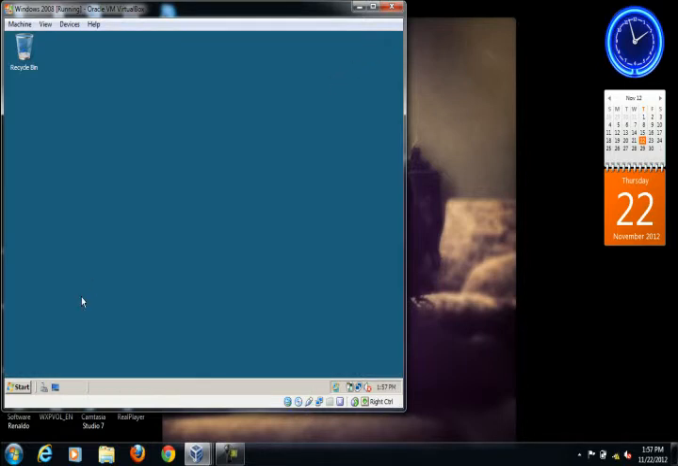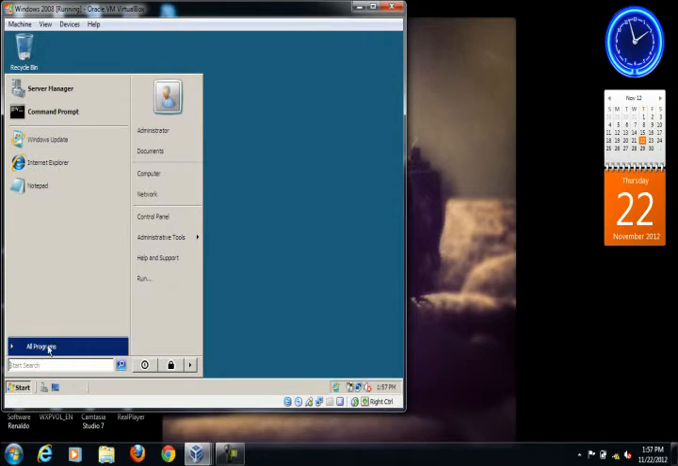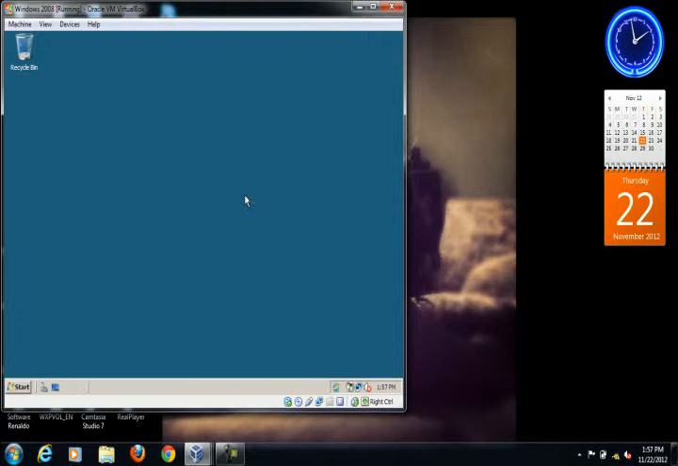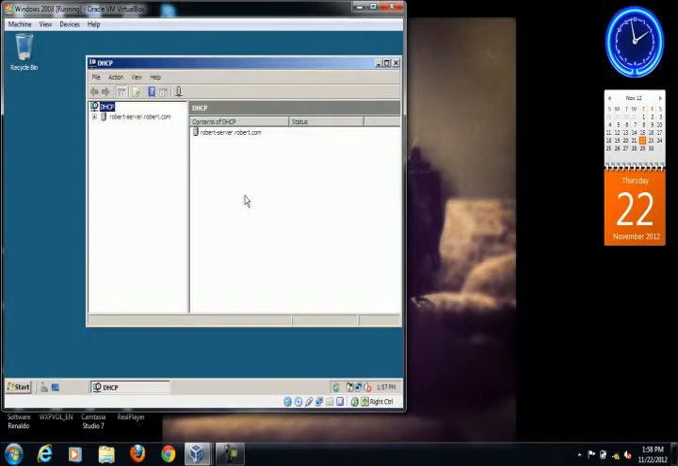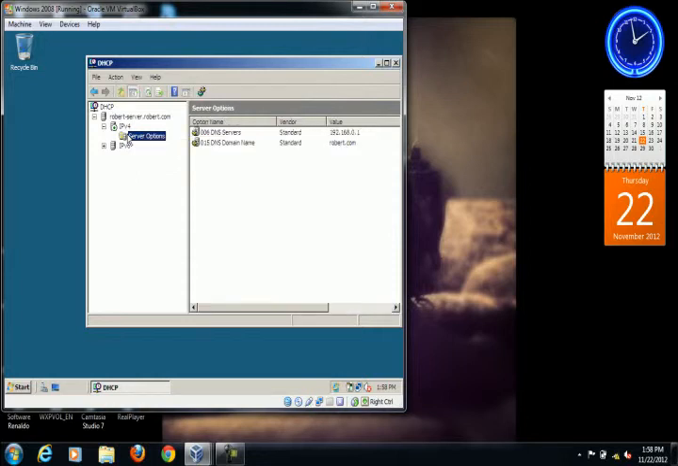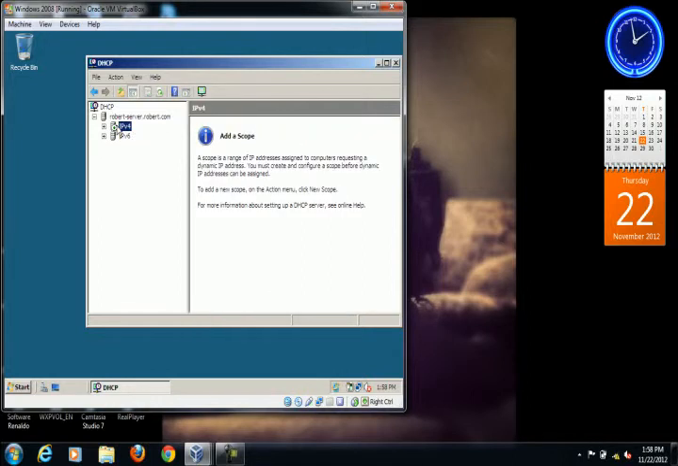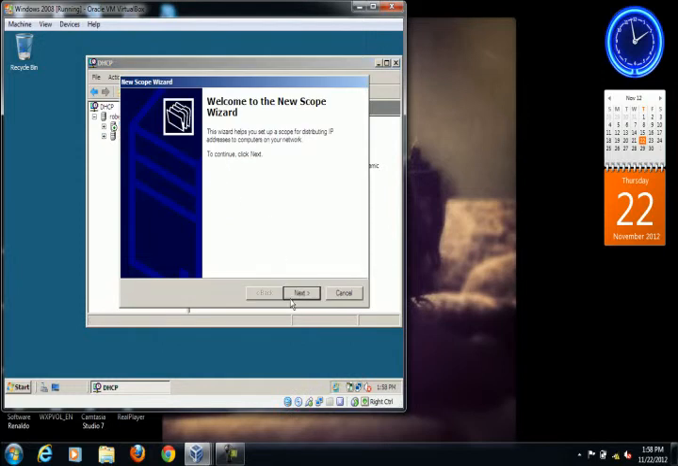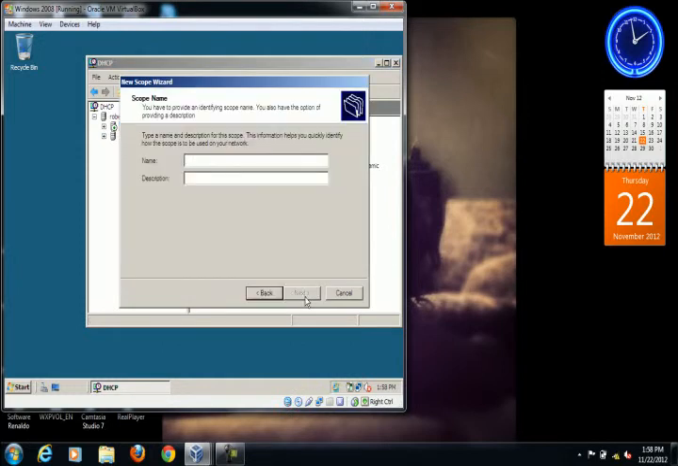Okay, now we go to our start menu, and we need to go to our administrative tools and go to DHCP. And here we would see our server, domain name robot.com, and we will be going to IP version 4. Before we check our server options, the first thing we'll need to do is create a scope, and our scope would just be like a range or set of IP addresses